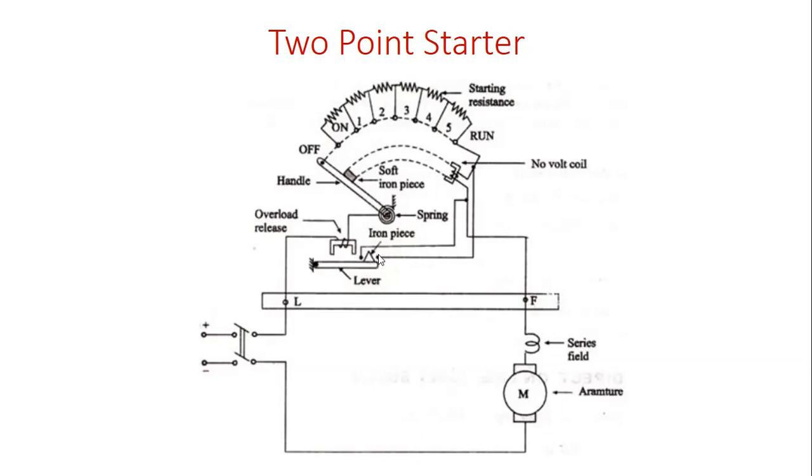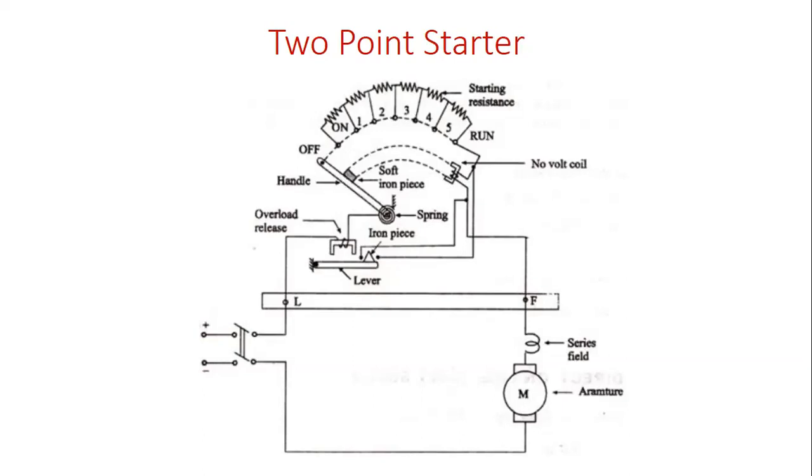So during this short circuit, what happens? We know in a short circuit the output voltage value is zero. So if we come to the electromagnet, the output voltage is zero. So this will not behave as an electromagnet hereafter. Since it is not behaving as an electromagnet, the handle will be released back to the off position suddenly.